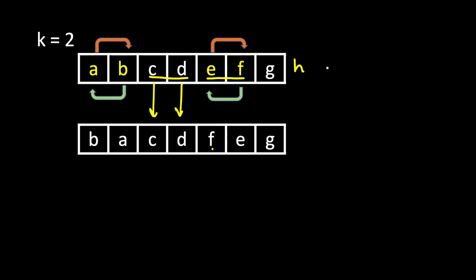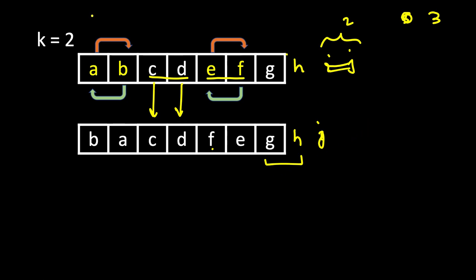Let's say we had GH and I. What would have been done here? GH would have been copied as it is, then we would have reversed 2 characters here, but only 1 is left, so reversing it does not mean anything. So it will be this. But if k is some more number, let's take 3, and we have IJ, but k characters are not there, so we would have reversed only 2. So this is the question.